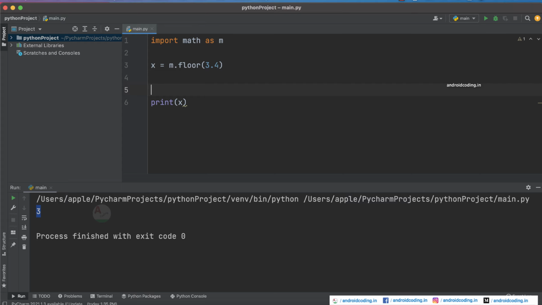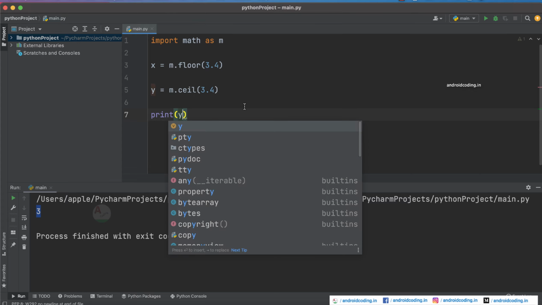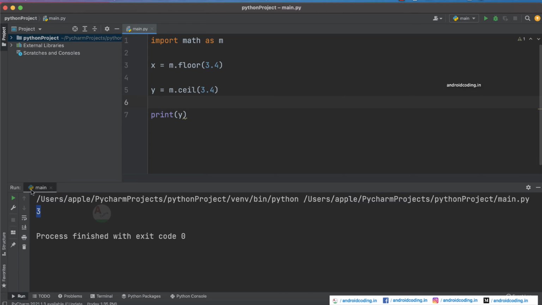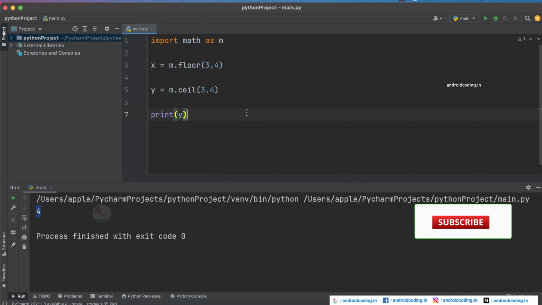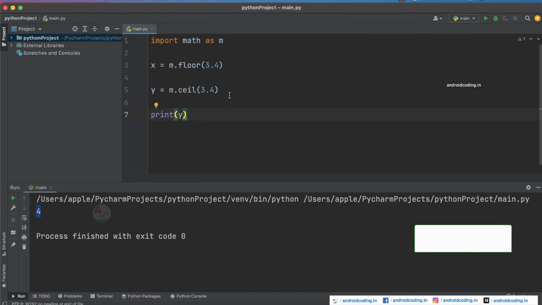So in these particular situations you may make use of this floor, and also we have one more in the same kind, like ceil. So now let us consider m dot ceil, and we will be providing the same 3.4 here, but this time the output will change. So I think you have got the concept, and yes, it will be 4. Why? Because it will round up the value. So whatever the value might be, like 3.1, 3.2, or 3.9, it will be rounded up to 4. And in the case of floor, it might be 3.1 or 3.9, it will be reduced to that particular base value, that is 3 here.